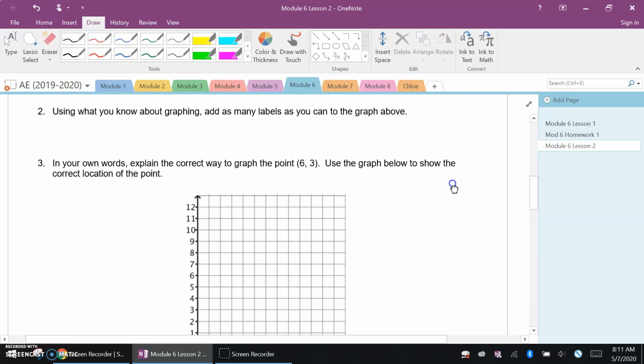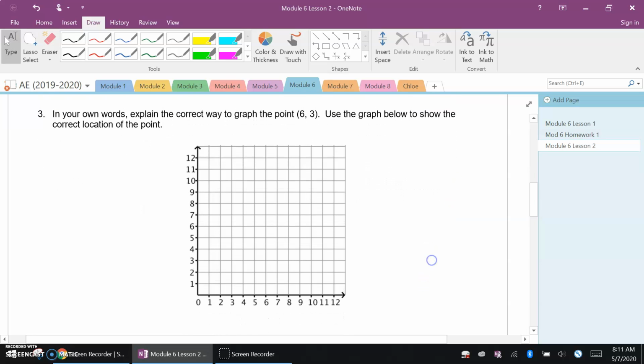It says, in your own words, explain the correct way to graph the point (6, 3). So what I would do first is to go ahead and label my axes. I'm going to label this x, this y, and then we're going to mark this as our origin. And then looking at (6, 3), for some students, it's going to be helpful to actually put x, y underneath it so that they remember that the first number is the x and the second one's the y. So from the origin, because we always start from the origin,